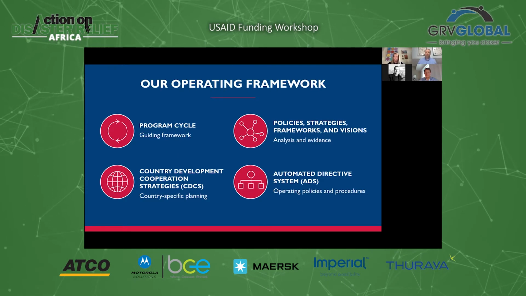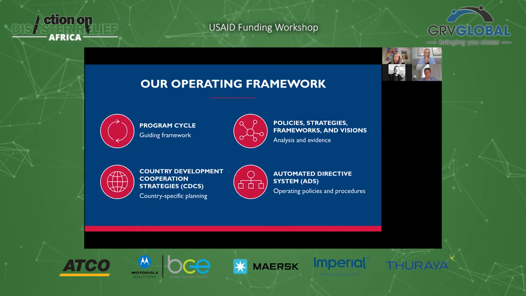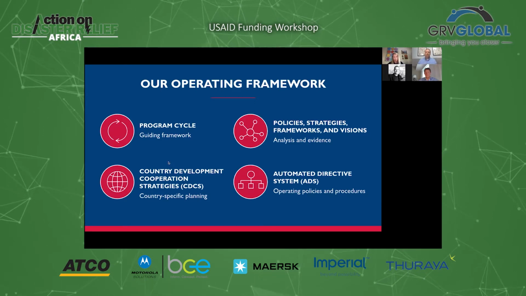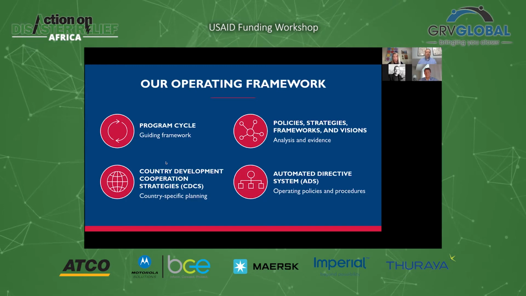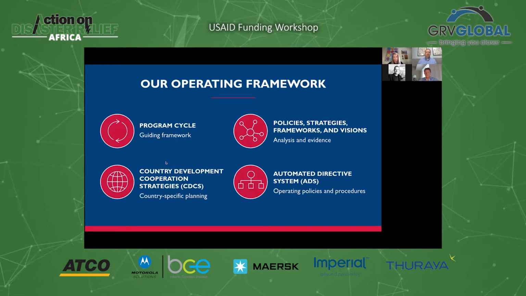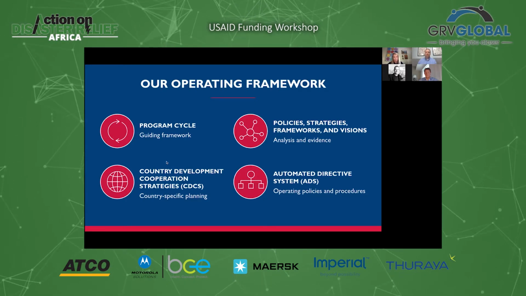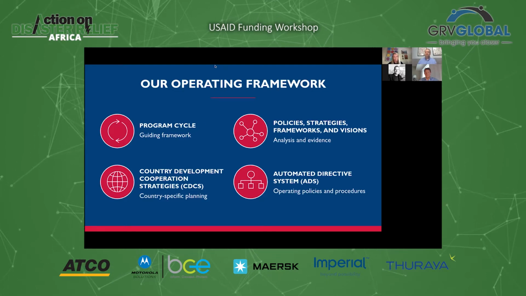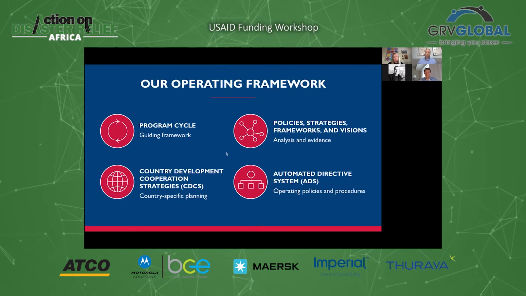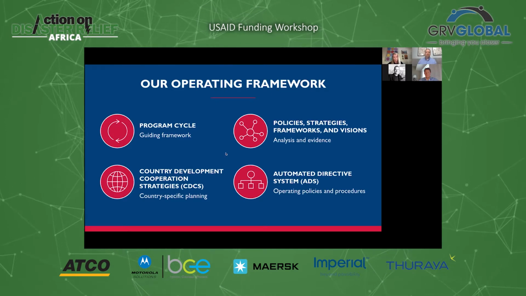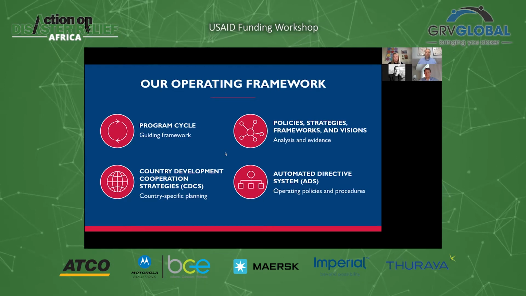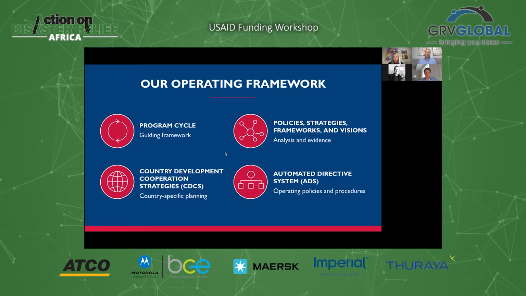And then on the flip side, at each mission at USAID, we have what are called country development cooperation strategies, and these are known as the CDCS. So the CDCS governs USAID's work locally in that particular country. So typically, these are 5-year strategies that outline the different goals in technical areas in each country.